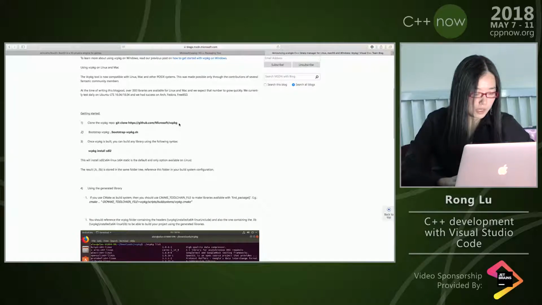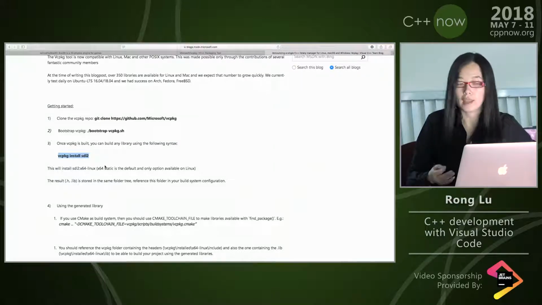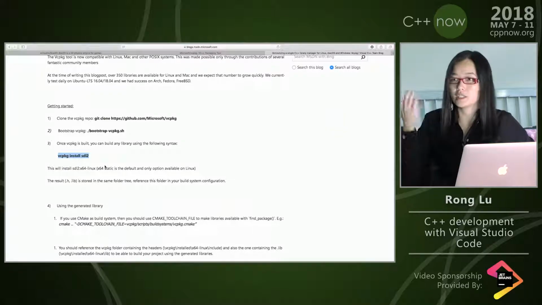What you do is you clone the repo, the source code itself, bootstrap by running this script, and build vcpkg yourself. Once you're done, simply run this command, vcpkg install SDL2. Like I said, over 350 libraries are available today, including many of the Boost libraries and other